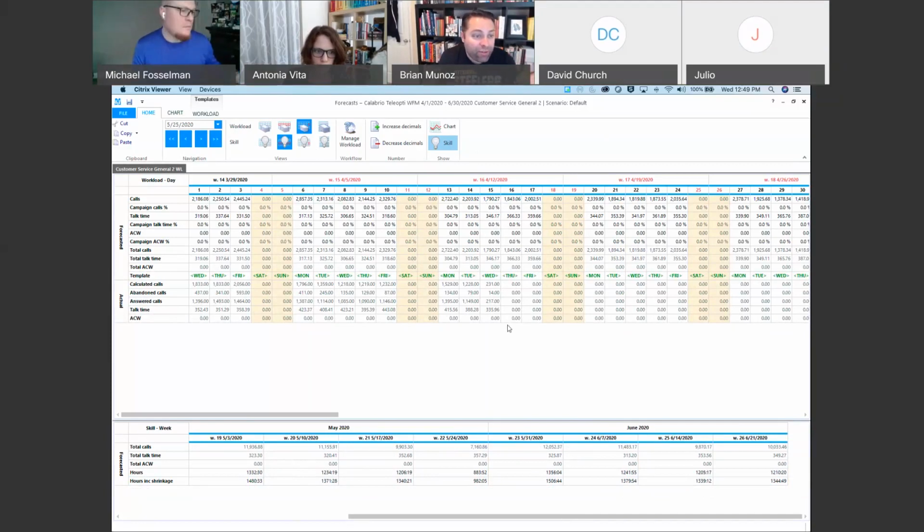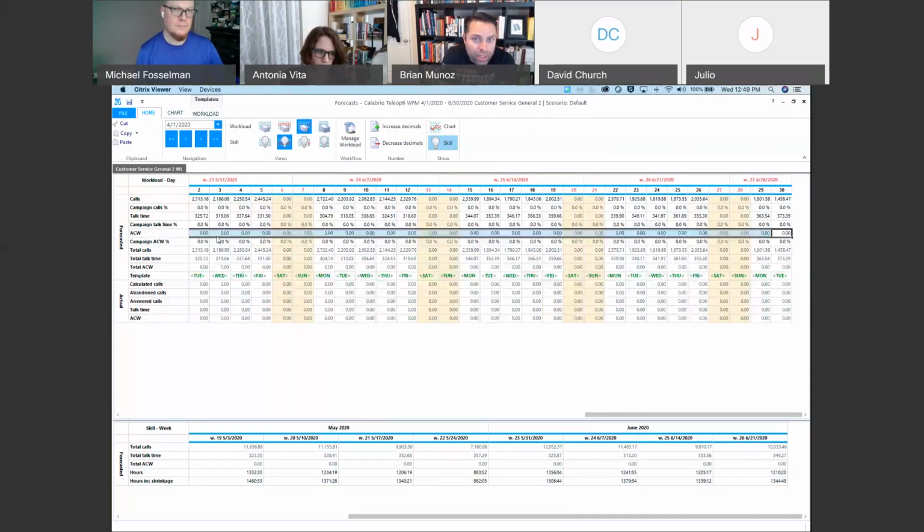Now we don't have anything for your forecasted ACW because we don't have anything coming through historical, but we need to add that. So if you go into that ACW field right there, the top one, and then just go into the first of April, that cell, and then just type 90. What does he want me to do? Just type 90 for 90 seconds. That's your average. And then copy that with Control C